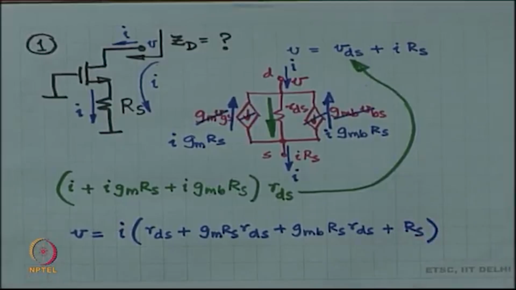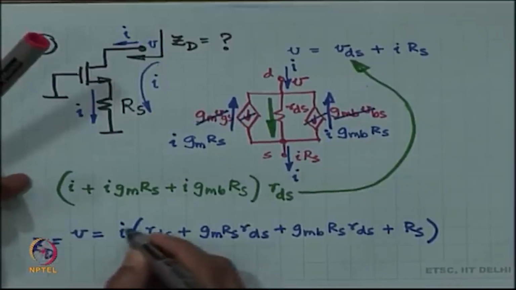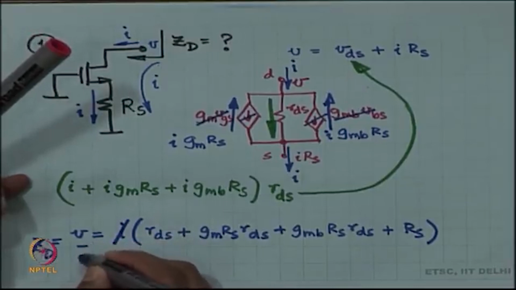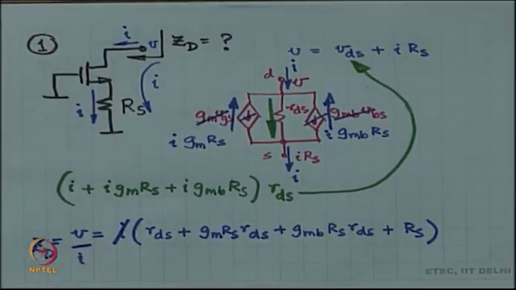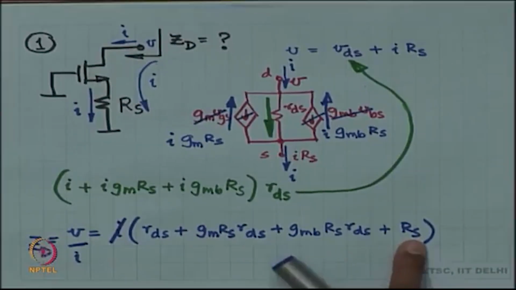Okay, and then simplify to find out ZD, which is nothing but V by I, and that is RDS plus RS